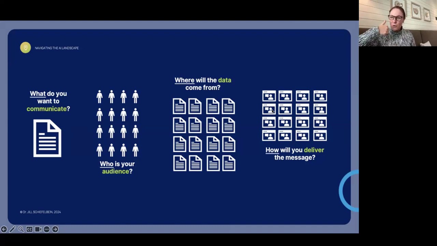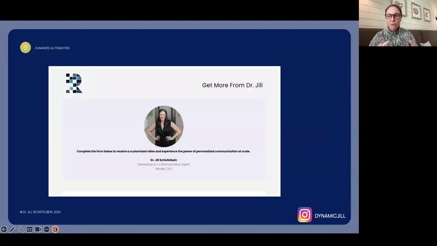So again, think of your message or your script, who the audience is, where you're getting the data from to personalize it, and how you're going to communicate it out afterwards. Like, how is that video going to be delivered? So when we look at it in this way, let me break down how it worked for me. This is our very first type of video form, and this has been out for a while now. It was created and led in development by our Chief Product Officer, Moki Goyle, and his team really got this working, and now it's being integrated in lots of different ways.